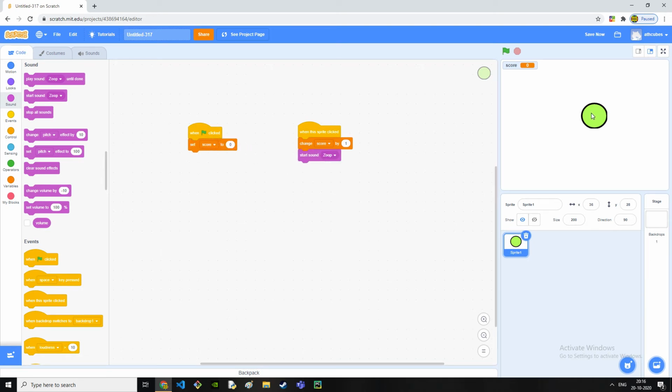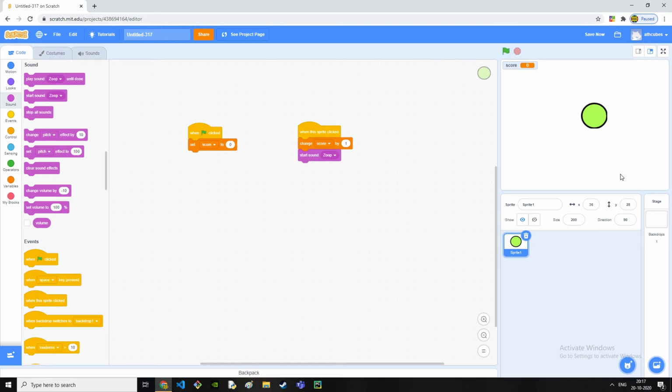When you click on it, it will make that sound and it will grow our score. Now when you click the green flag, this is how our program executes. When you run this, it will be 0.